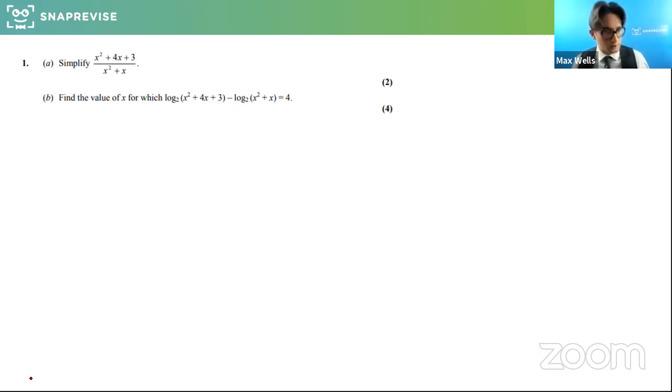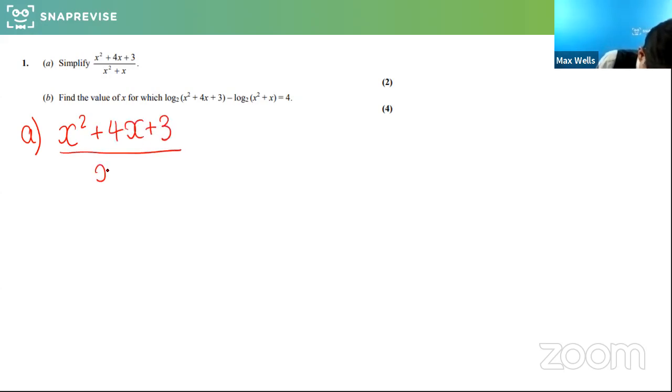Right, nice question that starts to involve logarithms as well. So part A, and the thing I'd be hinting at here is that in the stress of an exam, you'll see part B, and it won't always be immediately obvious to everyone how that links to part A or how you're going to use part A to speed the question up. So we'll go through it carefully. The first thing I would do with any algebraic fraction is factorize. Quite a nice factorizing question. Let's check we can do it.